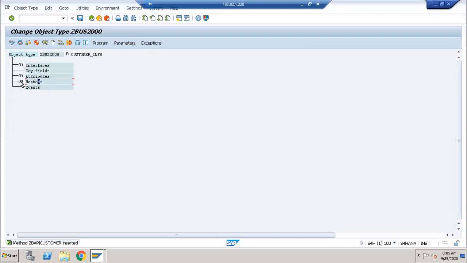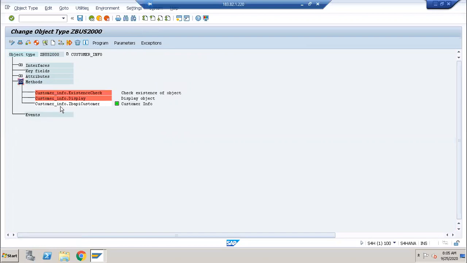They are giving some name for that method. Now click on save button. It is saved. Fine. So just what I have done: I have created one business object in SWO1 and given some names there and clicked on enter button.